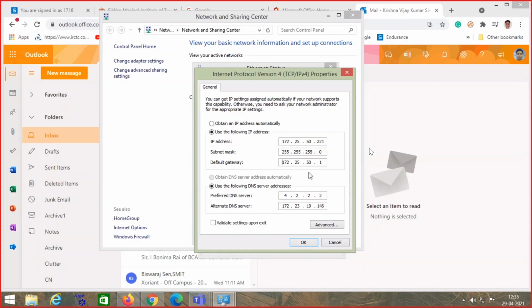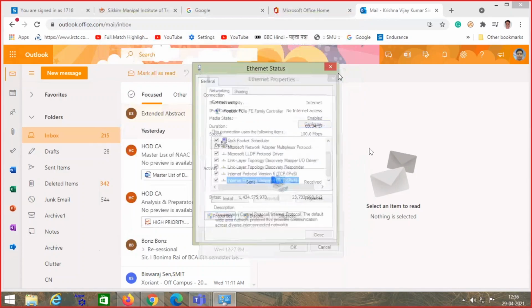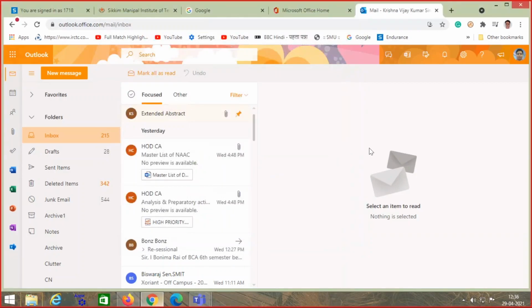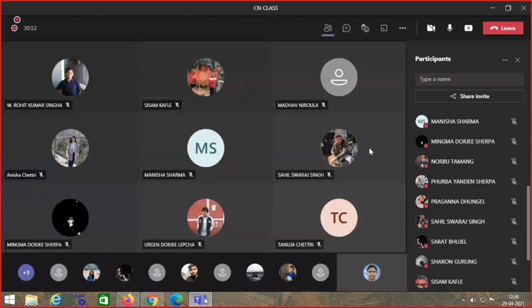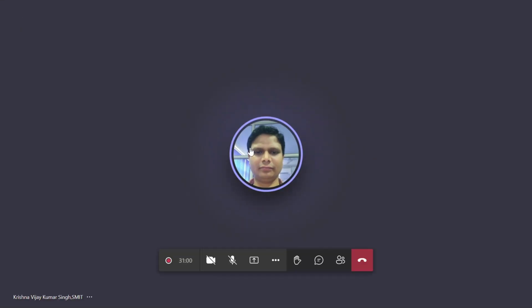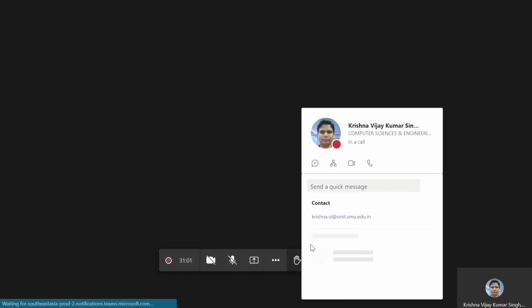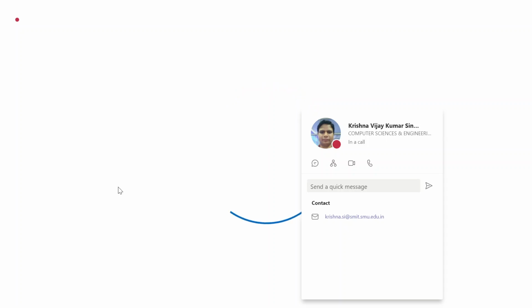So in this particular scenario that I have discussed so far, the destination does not exist in the local network. So if the destination does not exist in the local network, what do we have to do? We have to pass the packet to the default gateway.